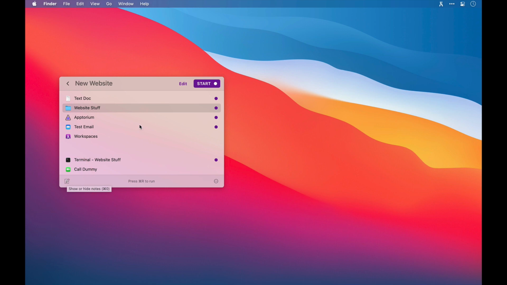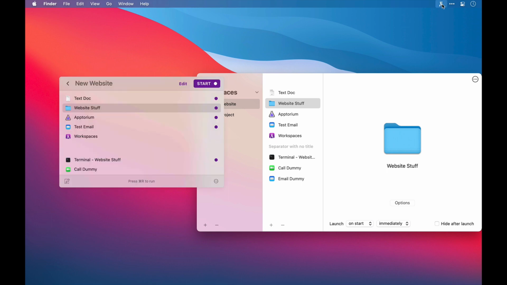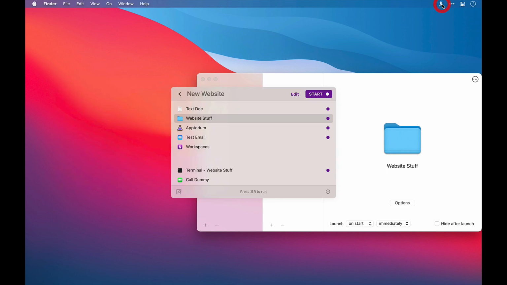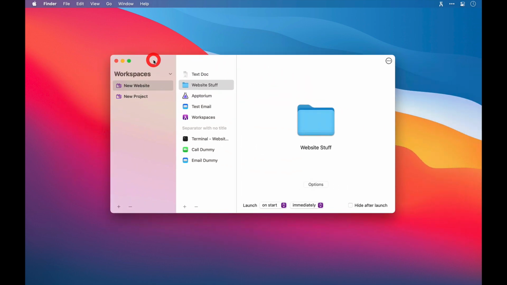Let's take a look at a couple more things in the editor before we close off this video. Actually, let's just go back a stage. The search window was over to the left of the screen, but if I come up here and click on the menu bar icon, but hold that click, then the Workspaces search window automatically centralizes, which is pretty cool. Okay, back to the editor.